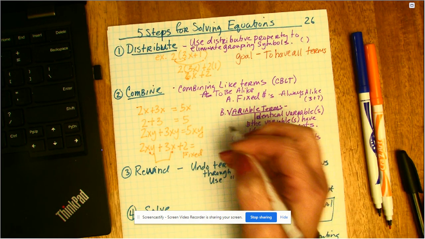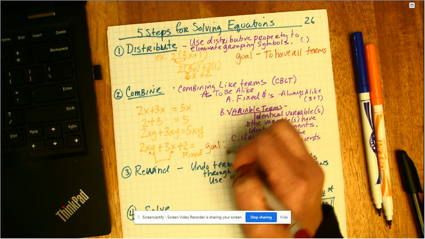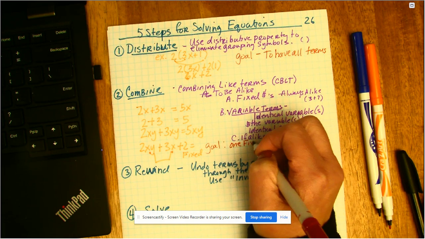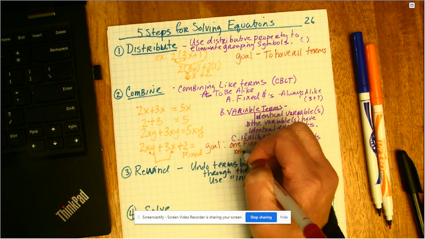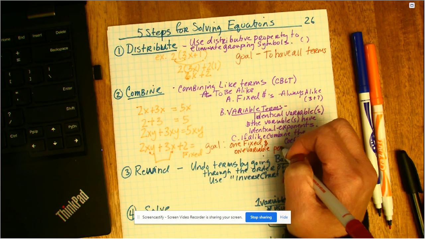Okay, step 2, the goal is to get down to one fixed and one variable per side